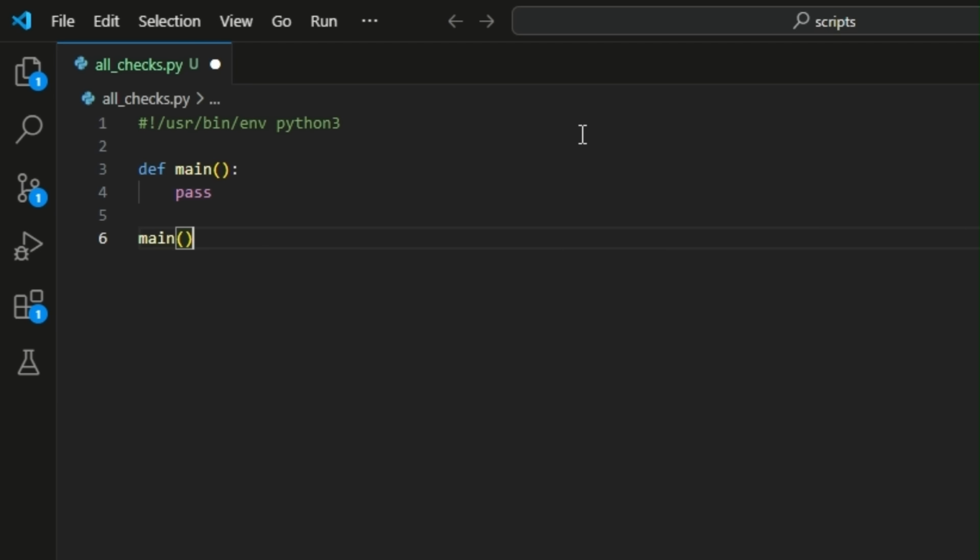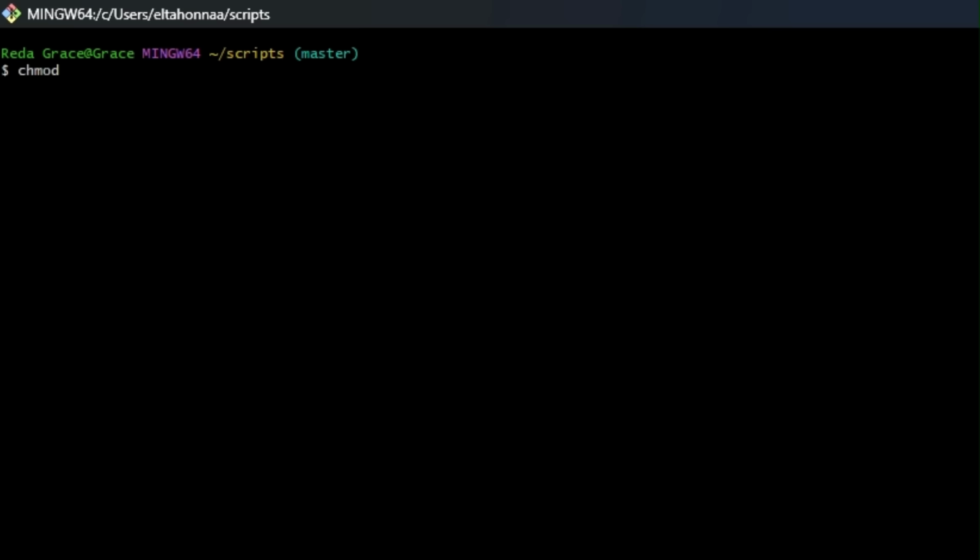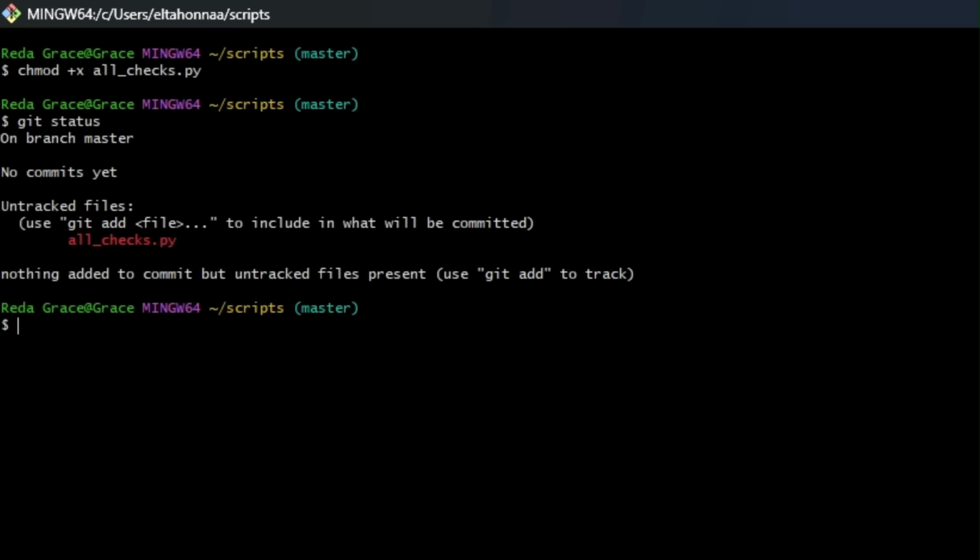All right, we've created our file. This is a script that we'll want to execute, so let's make it executable. And then let's check the status of our repo using the git status command. We now have a file and a working tree, but it's currently untracked by Git. To make Git track our file, we'll add it to the project using the git add command, passing the file that we want as a parameter.